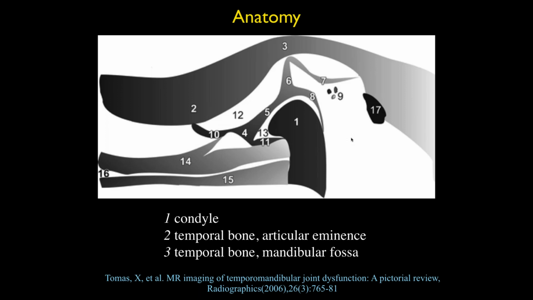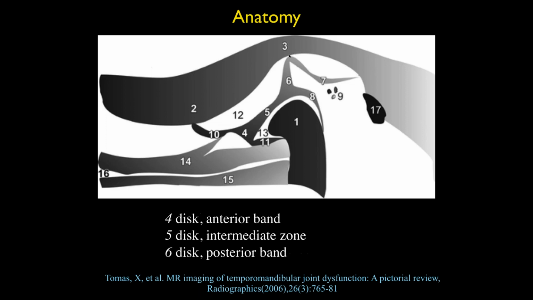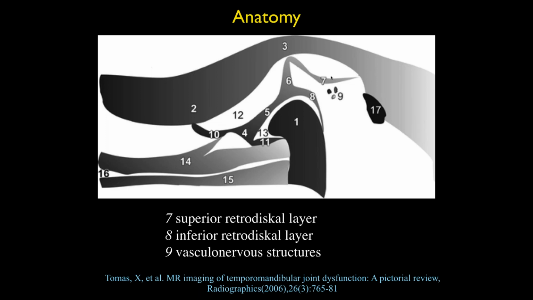So as far as the anatomy here, you're all familiar with the condyle here and the temporal bone, and this is called the mandibular fossa up through here. And then this is the anterior part of the disc, the intermediate zone, and the posterior aspect of the disc back here. This is the superior retrodiscal layer, which attaches the disc posteriorly here, and depending upon the position of the temporomandibular head, it can either be taut or kind of lax, like we're seeing here. 8 is the inferior discal attachment of the posterior part of the disc,